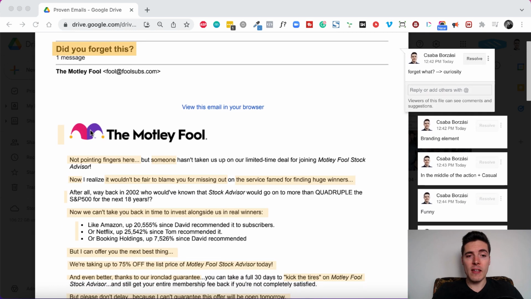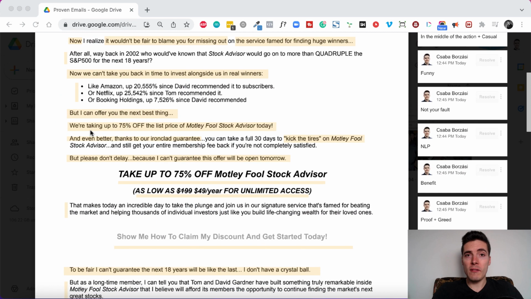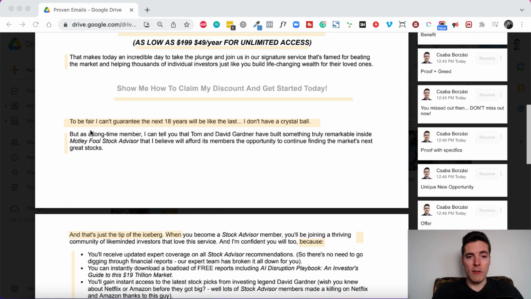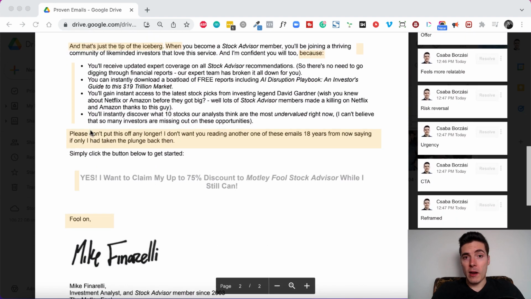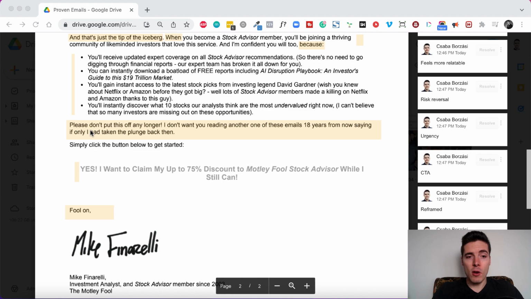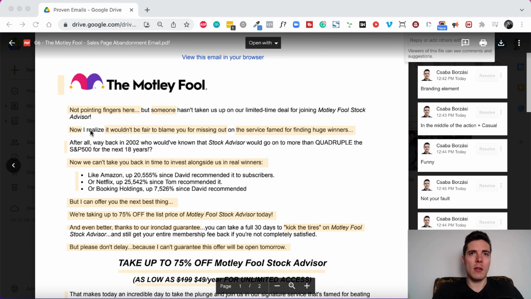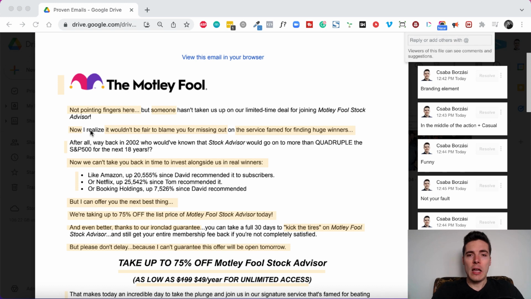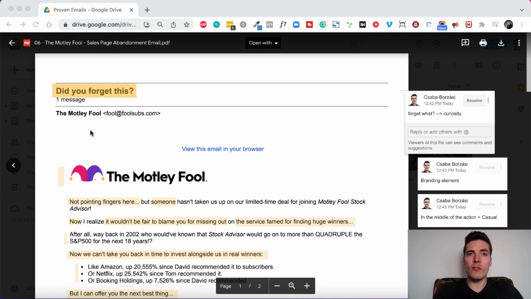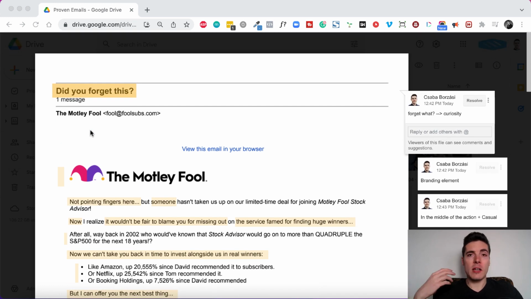And this is a great example because it's a relatively long form email if you look at it, compared to the fact that it's only an abandoned cart email. But it's like a mini sales page in itself, right? And this is super useful because people, when they check out your sales page or your checkout page,